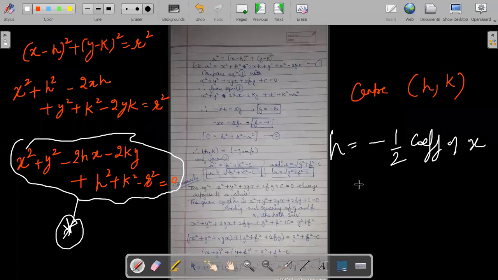Right? So you see, h is nothing but minus half the coefficient of x. Similarly, what will be k? Minus half the coefficient of y. They used to tell you this in class 12th or 11th, but they did not tell you why it comes like this. So half the coefficient of x with minus sign, half the coefficient of y with minus sign will give you the center. Is it clear? h and k. Yes, ma'am. Right. So now